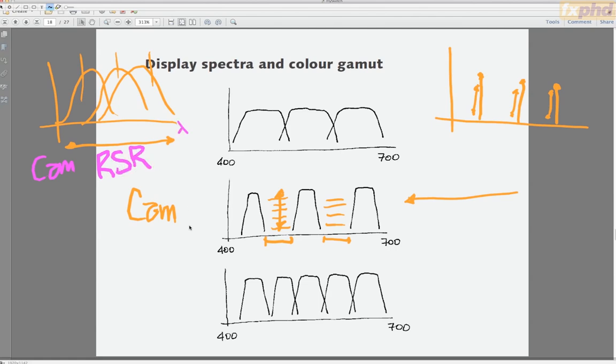So the key point to take away here is that the camera relative spectral response curves, which are a function of wavelength, are absolutely not the same thing as the spectral power distributions at the display. You just can't use the same curves. This is a curve of sensitivities. This is a curve of spectral power. They're not the same thing. So even though we plot both of those on plots that look roughly similar, because they always run from 0 to 1 on the y-axis and 400 to 700 on the x-axis, they're not comparable.